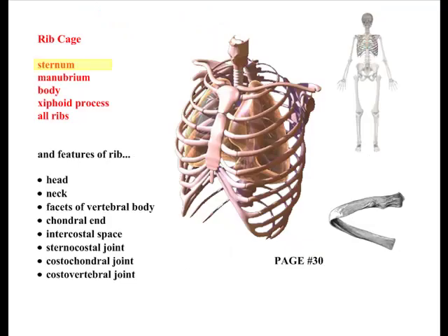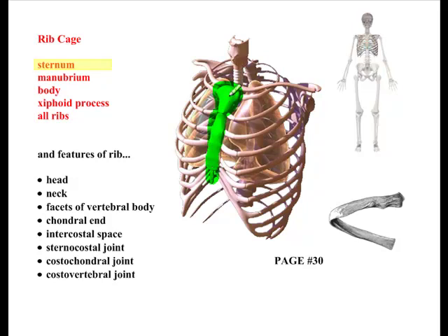Alright, let's get started. The rib cage is obviously a large bony structure that's designed to prevent injury to the internal organs, and it is made up of a number of smaller bones. First off, we are looking at the sternum. The sternum, as you can see,